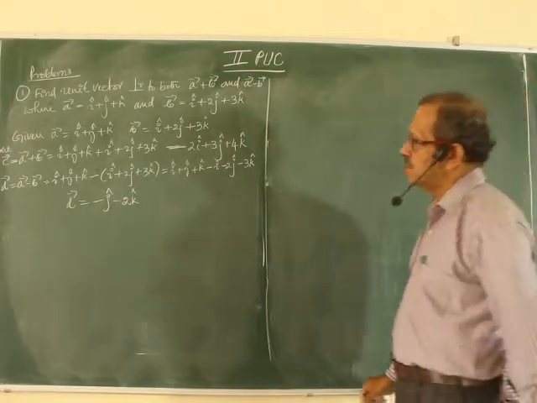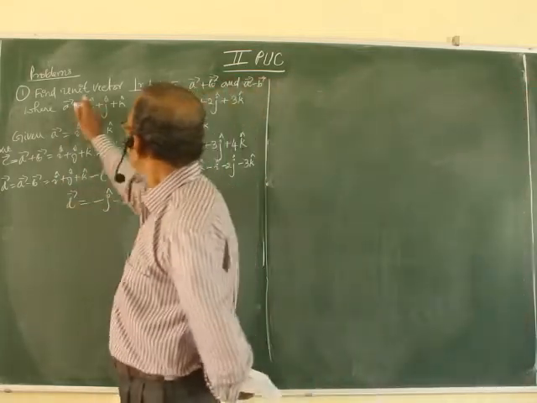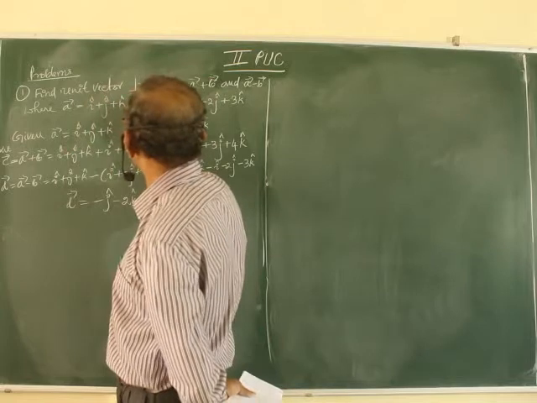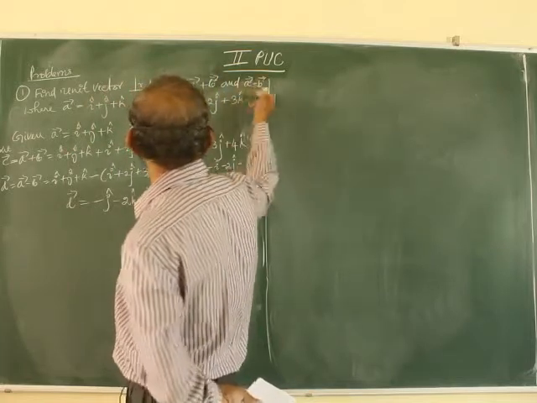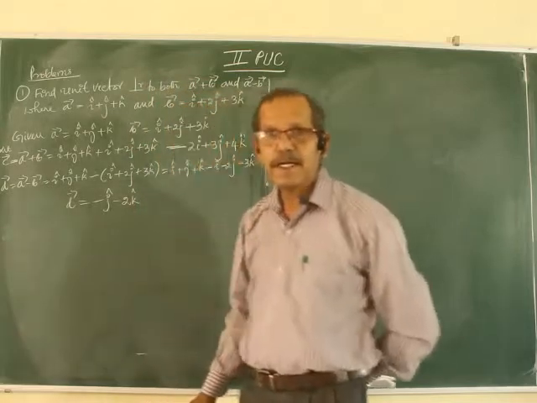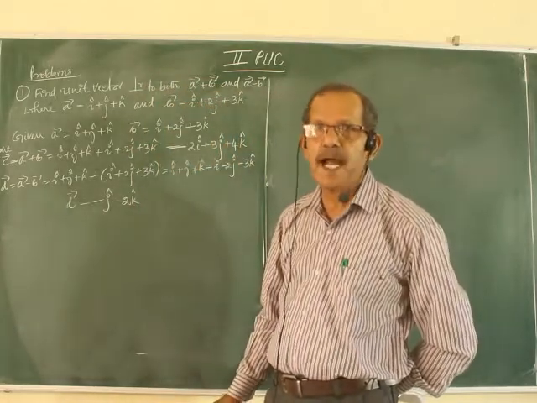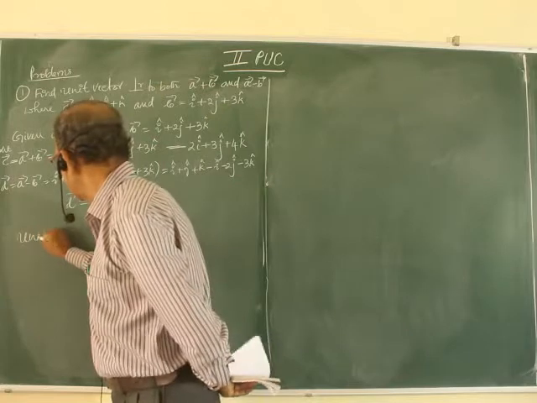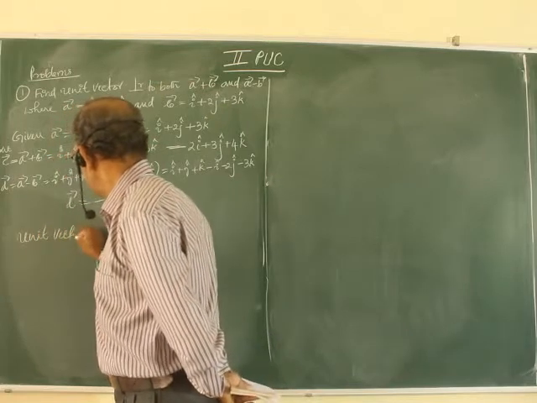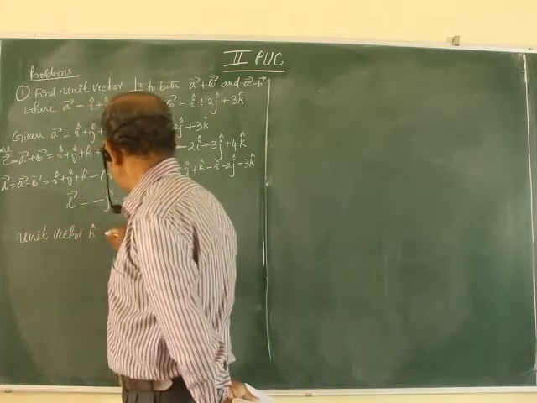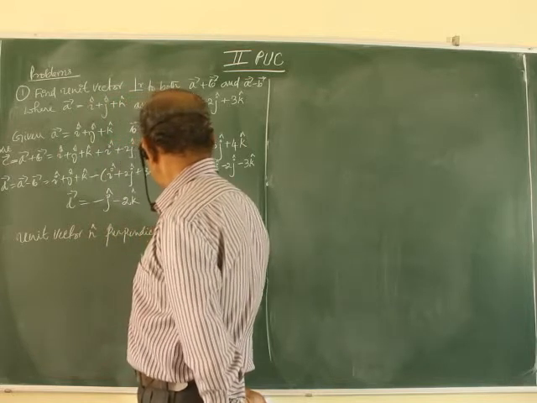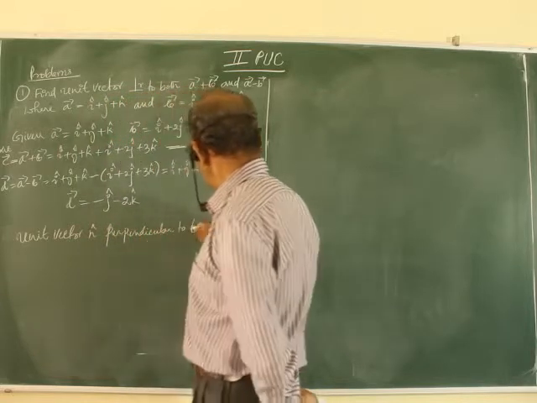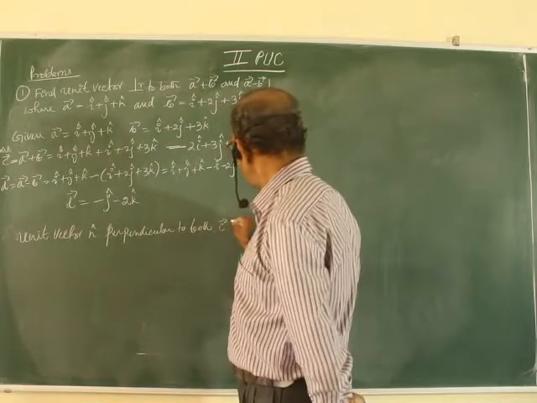Vector d is this. Now find the unit vector perpendicular to both c and d. Unit vector n cap perpendicular to both c and d is